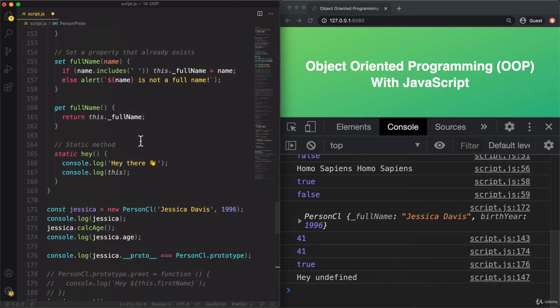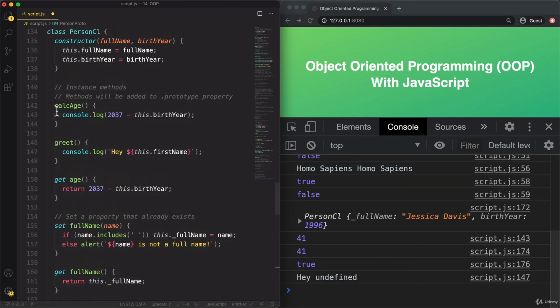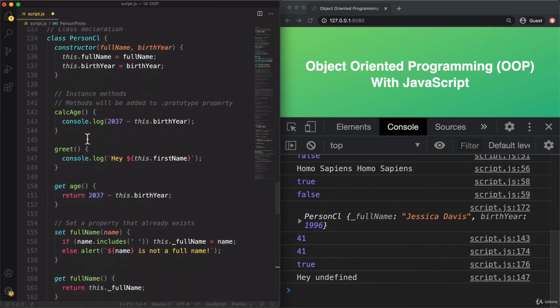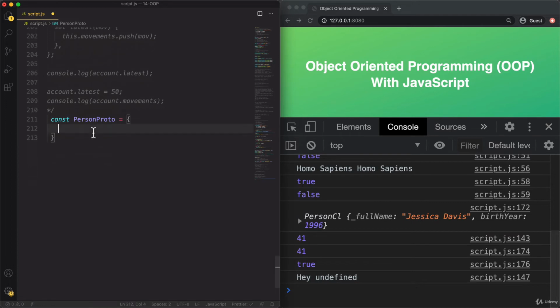And so that was the calcAge method, right? We did that first manually, so we added calcAge to the prototype property of Person. And then we also did that, but in a more implicit way, so JavaScript did that for us behind the scenes. But now let's take this function, or actually we can take all of this, because we can also write methods in this way in object literals. And so that's actually it. That's all the methods that we want the person objects to inherit.